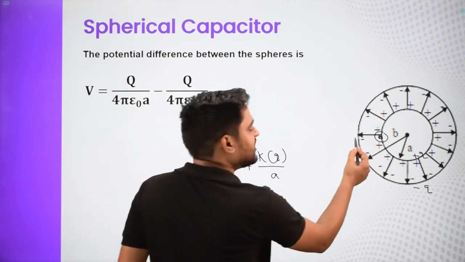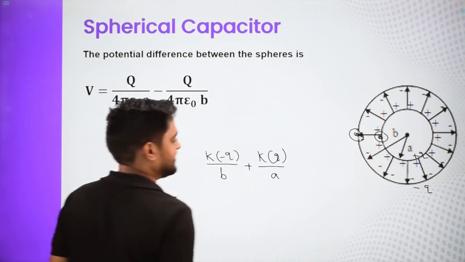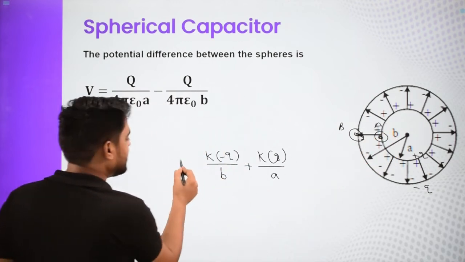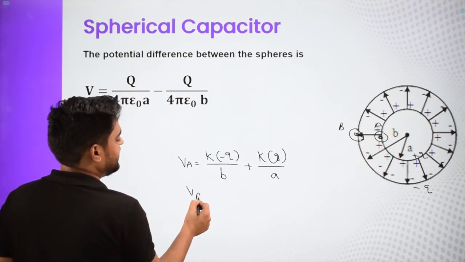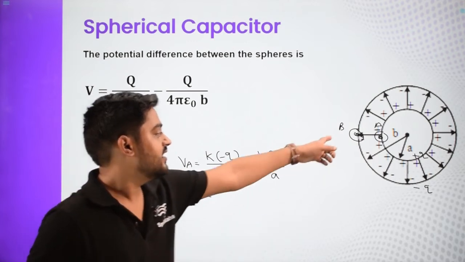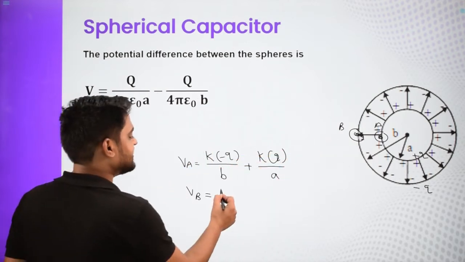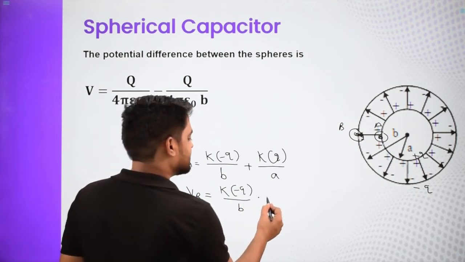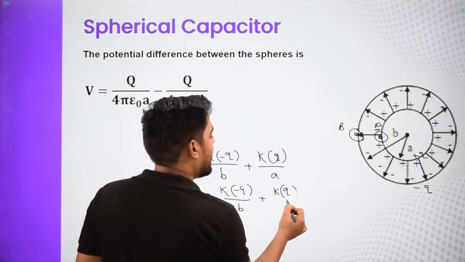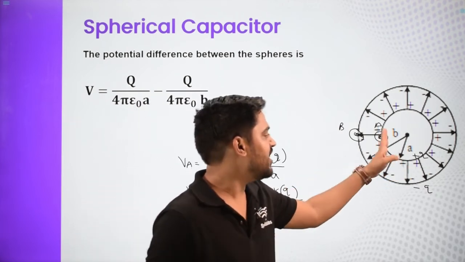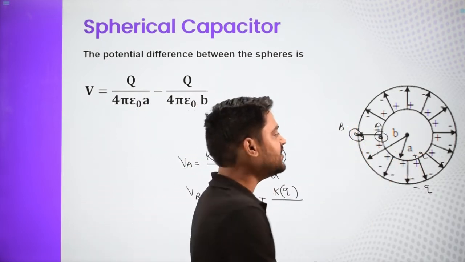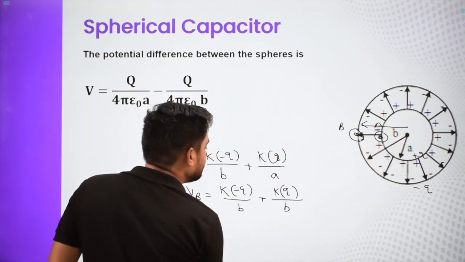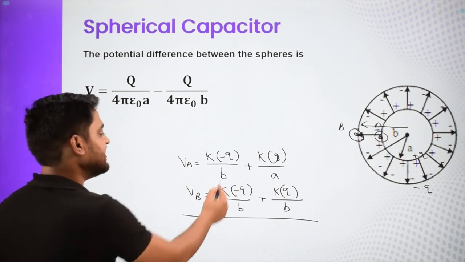Now I want to write the potential at this point. Then I will get the difference. So the potential at this point, I am calling this B and this A. So this is my VA. Let us get my VB. So VB, at this point, the potential due to the outer shell itself is KQ by R, where R is the radius of the outer sphere, plus KQ by R. But for the inner shell, this point lies outside it. And for outside, we use the distance from the center, which is the same as B. So this is B.